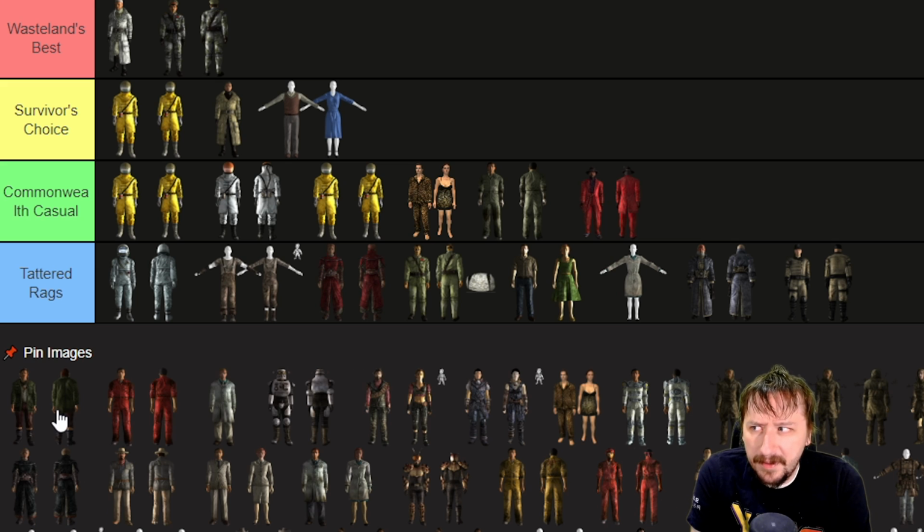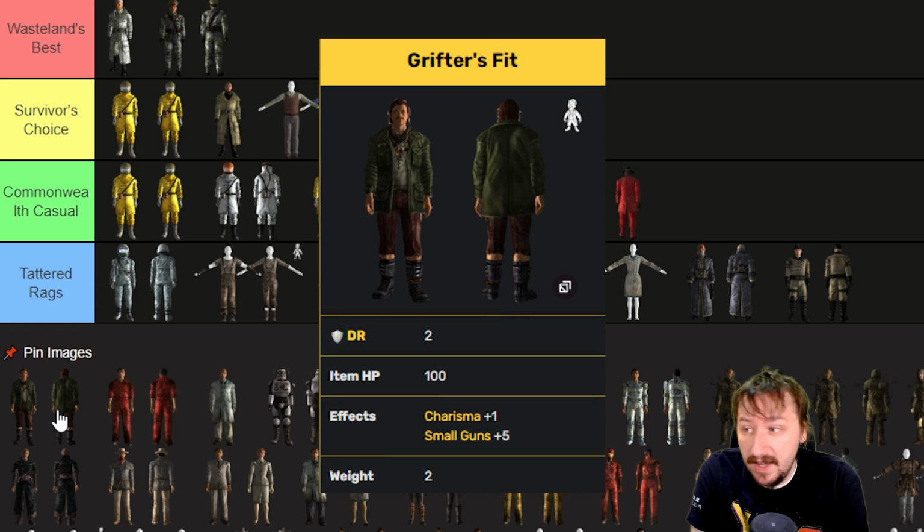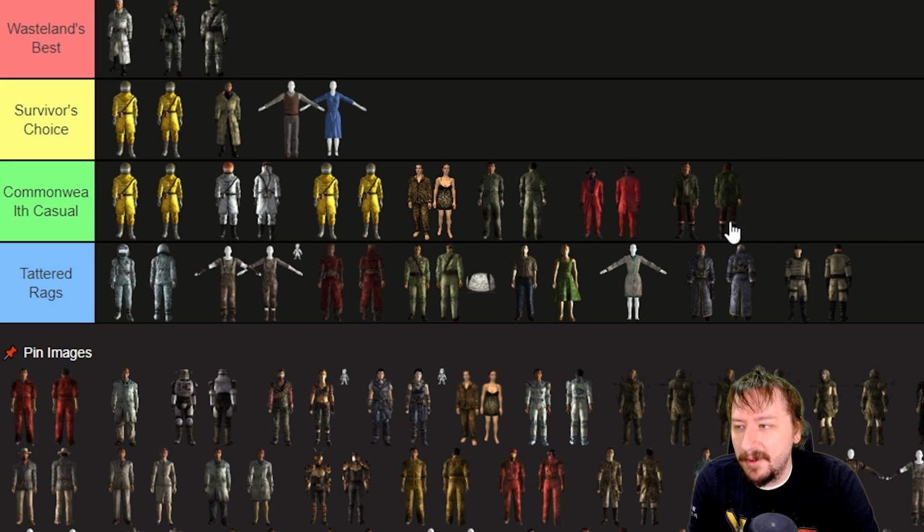Grifter's Fit you get from the guy who takes you to Point Lookout. This one protects for 2, weighs 2, gives you +1 charisma, gives you +5 small guns. This is just better than Eulogy Jones's outfit. It's not much else than that, so it's still probably going to go into the Commonwealth Casual because I don't